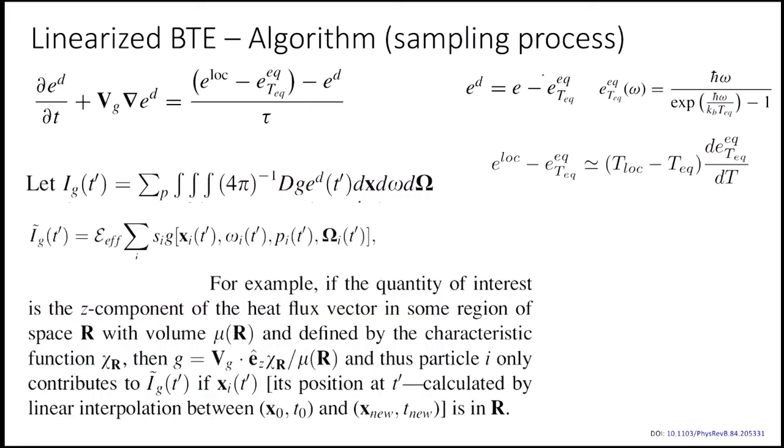So let's say we have to calculate heat flux along the x or z direction. So what we could do is, our microscopic property becomes, for heat flux, Vg dot Ez, and this is some characteristic function xi, don't worry about it, mu is the volume. So basically the essential quantities are Vz and Ez, so we could substitute this into our equation.